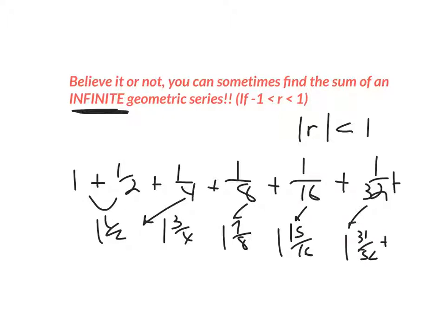The problem is I'm never going to quite get to 2. What's happening though is I'm getting infinitely close to 2. Later we're going to learn that's called a limit. The limit is 2, and we're going to say that's the sum. We're just going to say that the sum of an infinite series is 2, but it only works with fractions because that's what's causing me not to get all the way to 2, because I keep on adding a fraction. I'll try to do a better job explaining that in class tomorrow, but that's a pretty good one